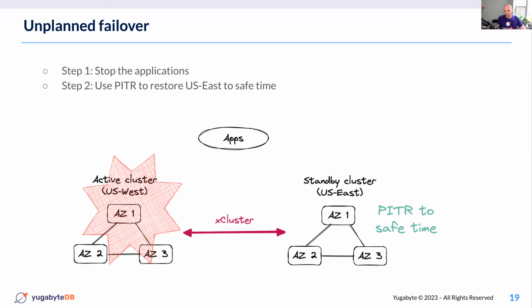Because you essentially want to cut off all those partially replicated transactions and transactions that are out of global order, to make sure that when you read from the latest time, you still preserve the consistency, right? Because when you switch to the active mode, you will start reading from the latest time. And to make sure that it's actually the safe time, you need to execute PITR to the safe time. So you will get the safe time using the new API, and then just use the point-in-time recovery to restore